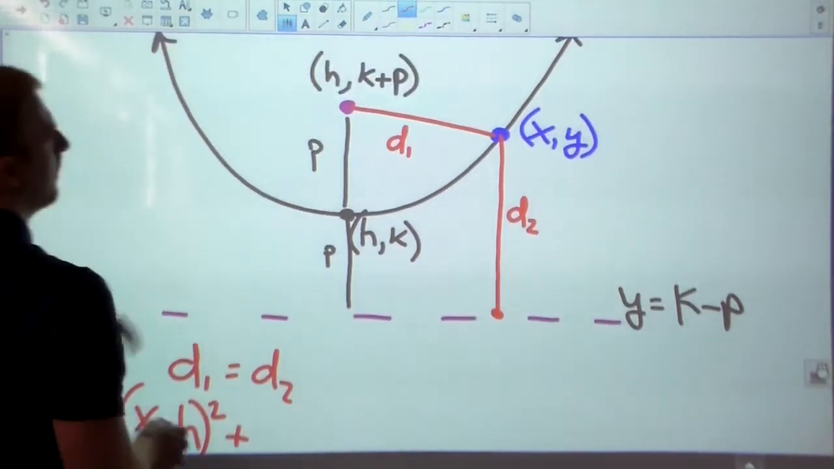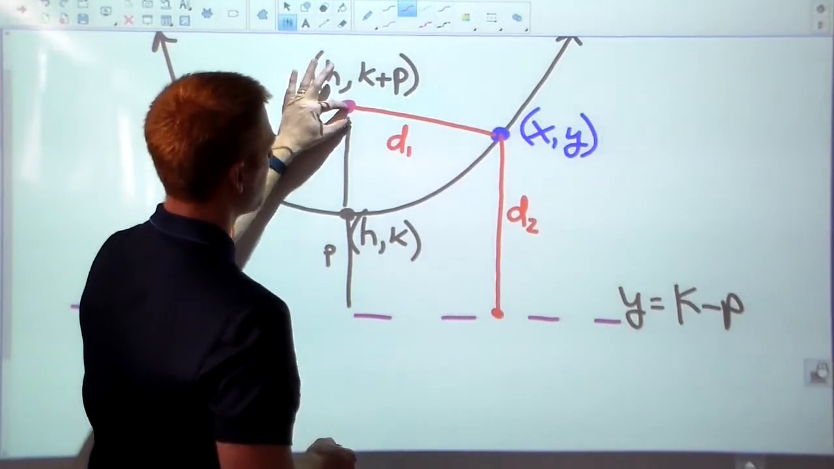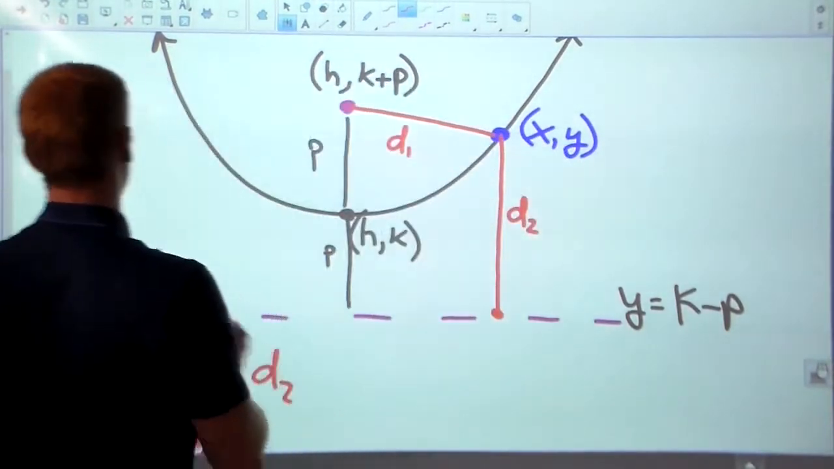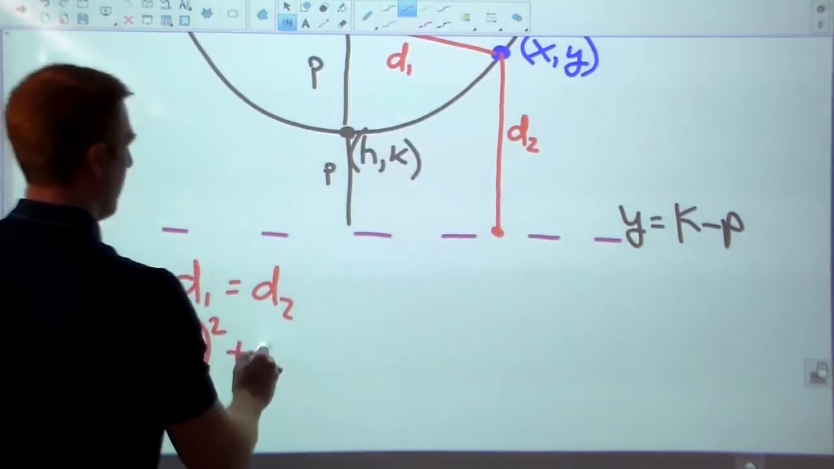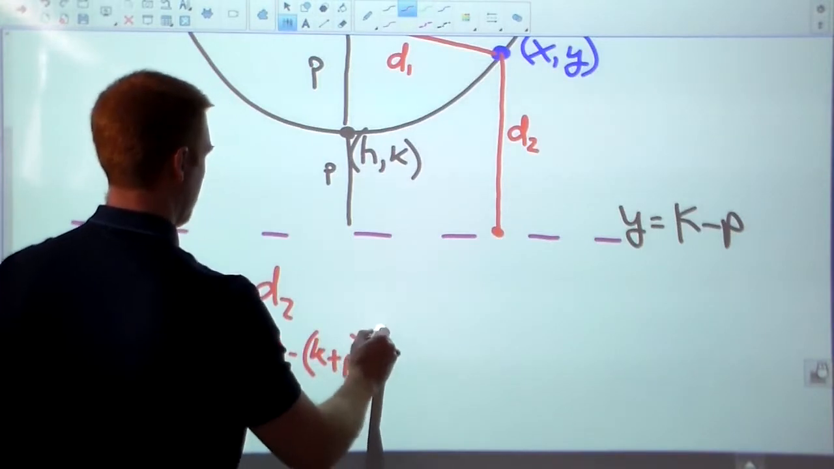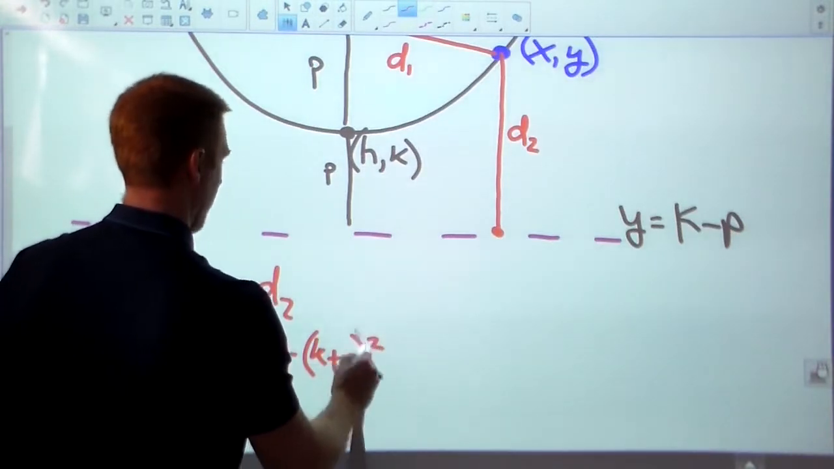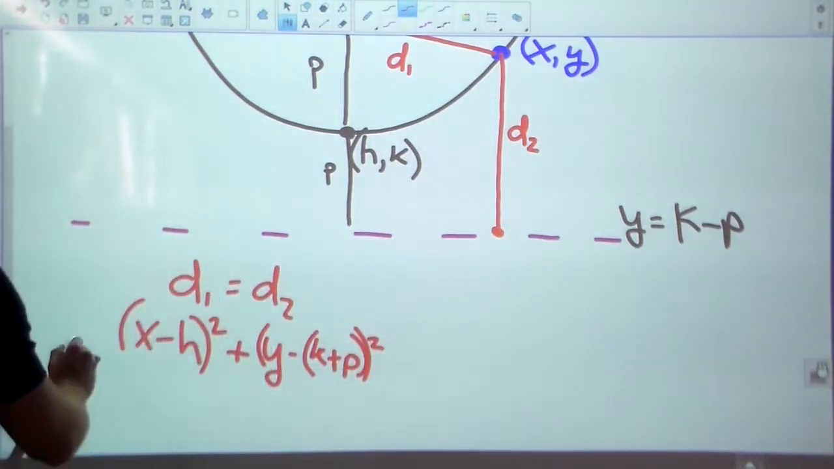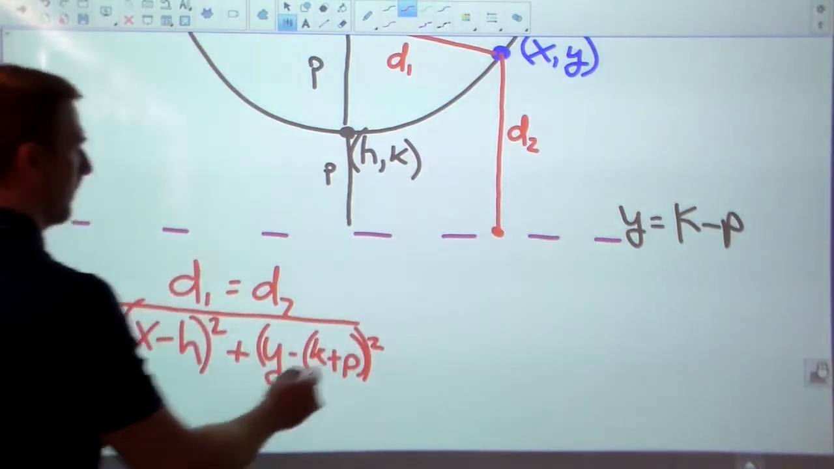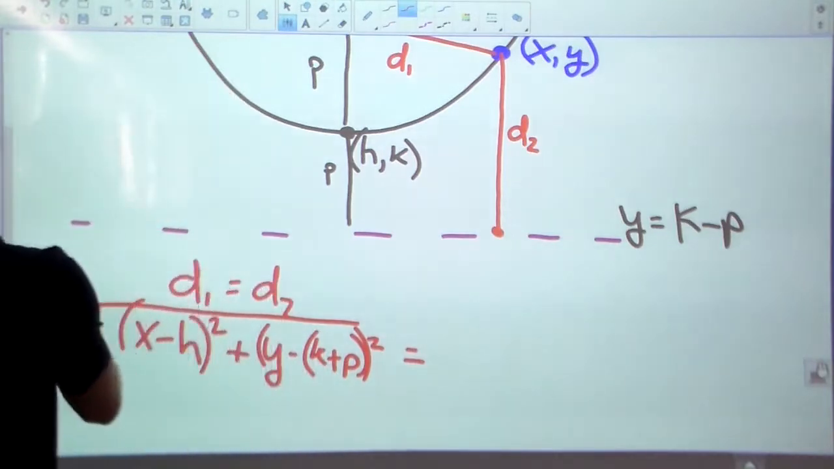Plus change in y. So whatever it is from y to k plus p. So y minus k plus p, squared. All right, so we'll put all that in parentheses and square it. And it's distance formula, so we're really taking the square root of all that. Now the second distance,